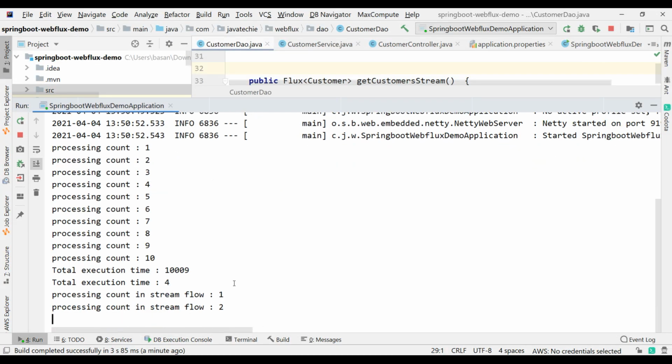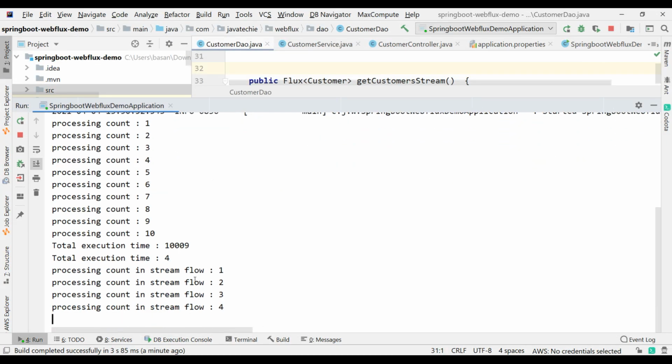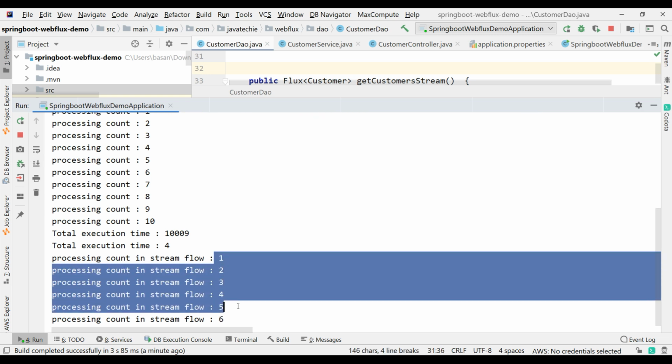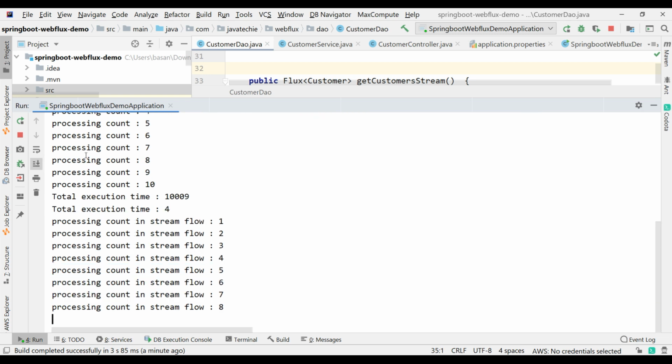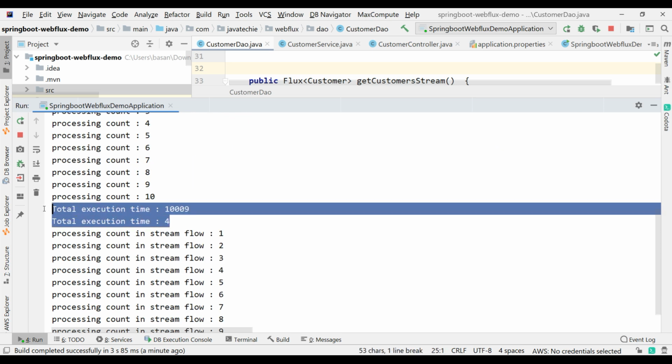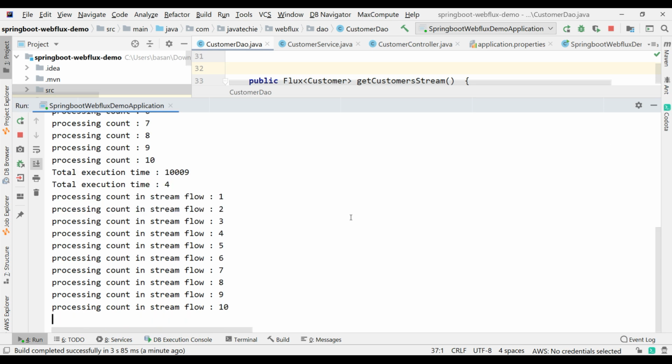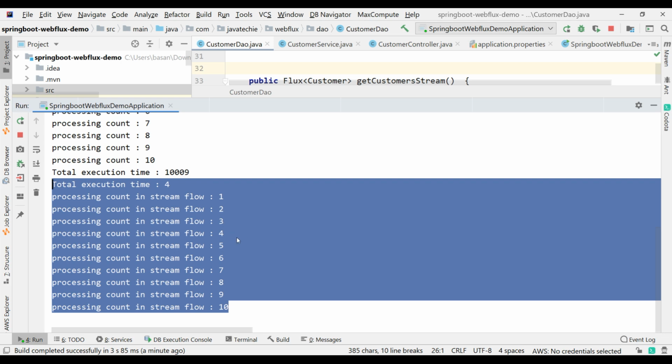If you observe, it is doing one after another, right? Then I didn't find any difference between the traditional way and reactive stream. So what is the advantage of using this reactive stream here? Only 4 milliseconds, and this is not the exact difference. So even when we enable reactive programming, we are still getting the result in a single flow.